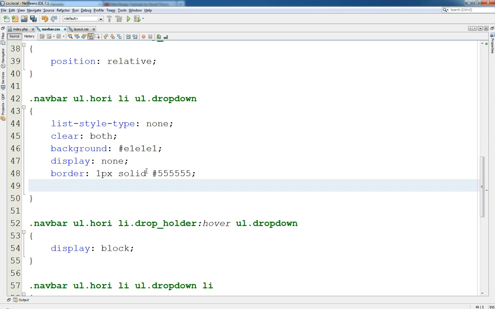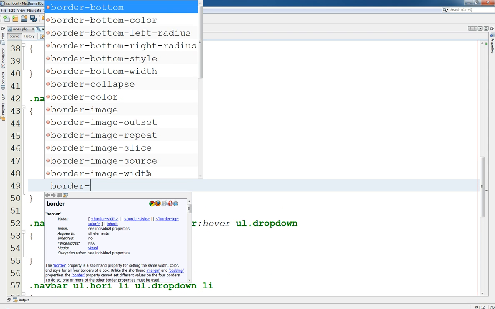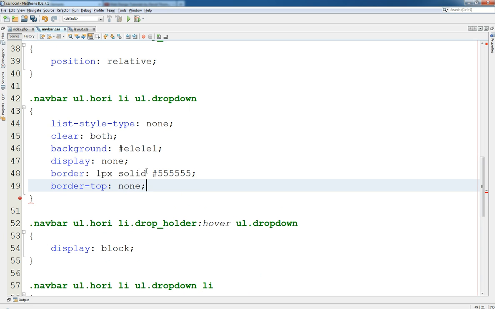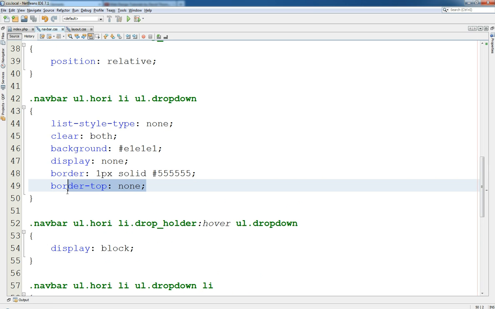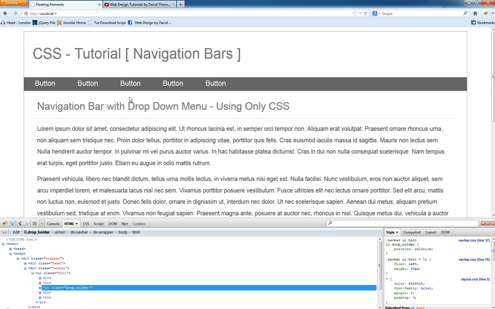Okay, but I don't want the top to have a border. So we're just going to knock the top one out. It's actually 3 lines of code to do the left, right, and the bottom, or it's 2 lines of code to give it all a border, then take out the border from the top. Therefore, 2 lines of code seems better to me than 3. There we go, and now we get some form of border on it. Okay, and as we roll over,